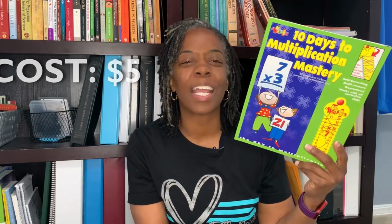I already have this, 10 Days to Multiplication Mastery. My girls used this like 2 years ago. I already have the book and it's an updated version. I don't know why I bought this. I have no idea. Okay, these next few things are like Target dollar spot purchases because Target is about to